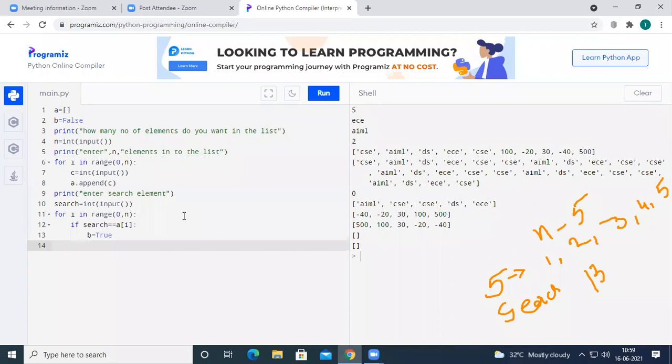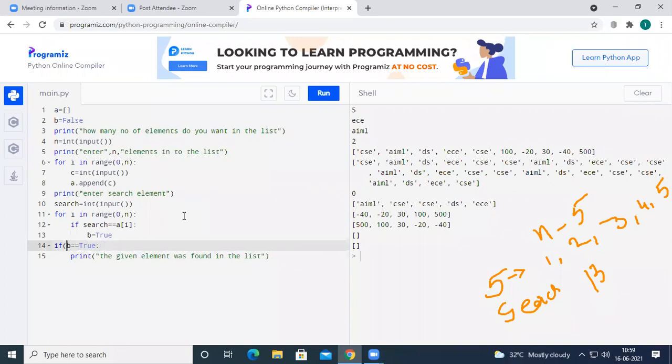And now if b equal to true, what I want to print on the output screen? I just want to print the given element was found in the list.